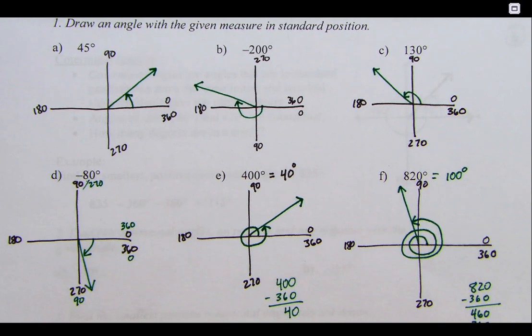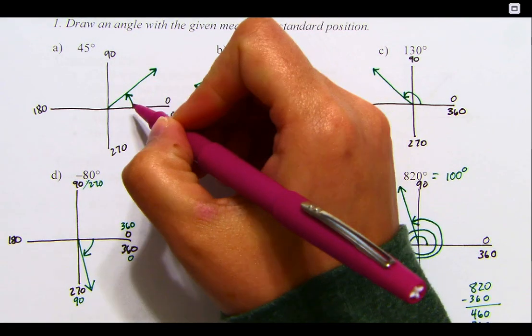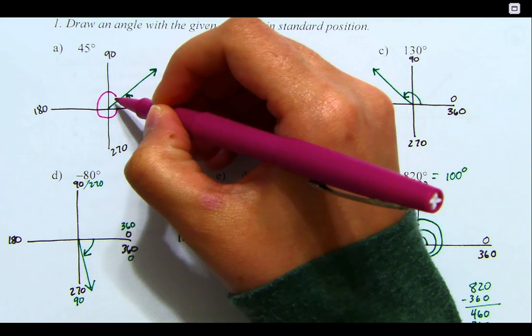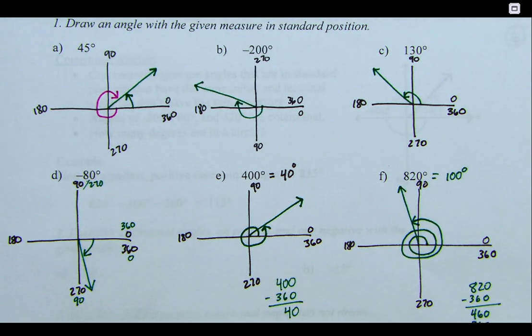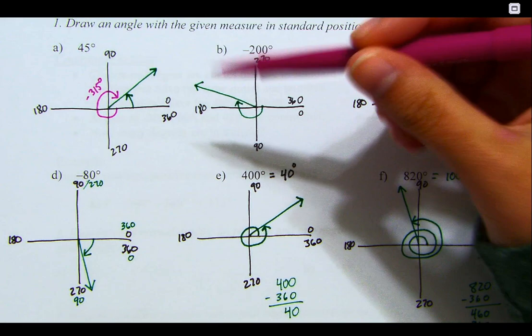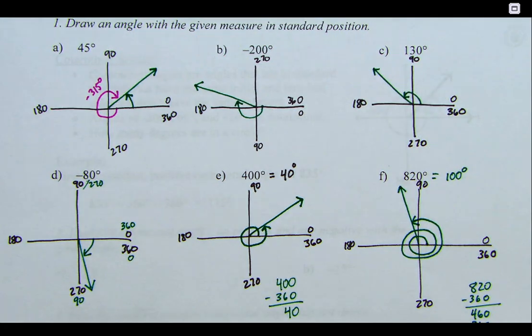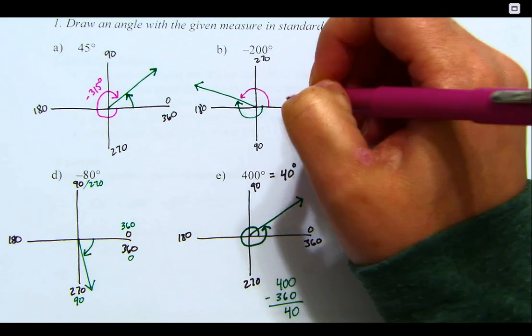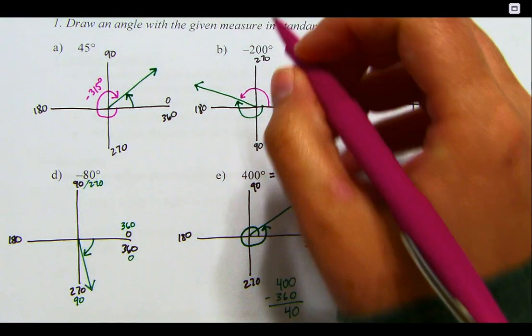Okay. Now, if we're talking about a coterminal angle, the easiest one would be its negative. So on this one, we went a positive 45 degrees, but if I went this direction around, that negative, to get it into the same position, this would be negative 315. So that means that 45 and negative 315 would be considered coterminal angles. Okay? And the opposite is true. If I start with a negative angle and I want its positive, so if I went this way around, okay,